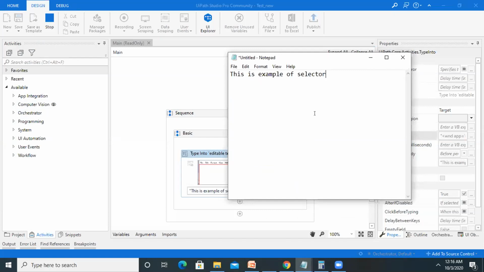While it executes our code, let's understand some other components of selectors. To overcome the selector component issue we mentioned at the start of the UI element, UiPath has the selector component.